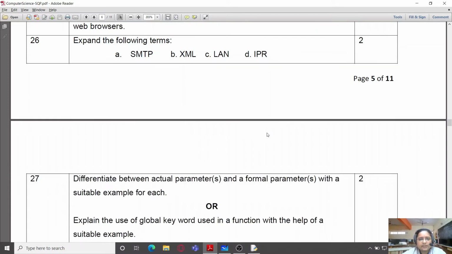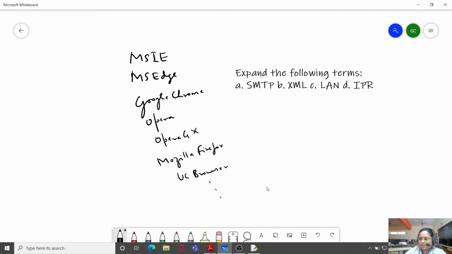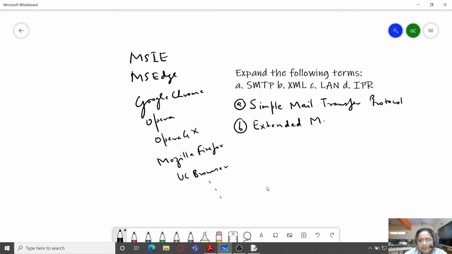Expanding the following terms. So the next question is expanding the following terms. The first one is SMTP. It stands for Simple Mail Transfer Protocol. Second is XML, which stands for Extended Markup Language.